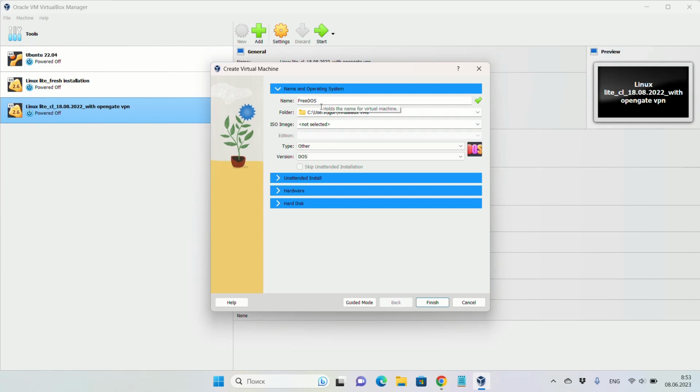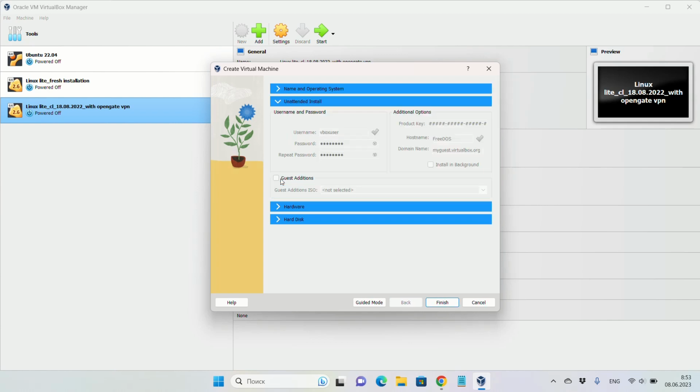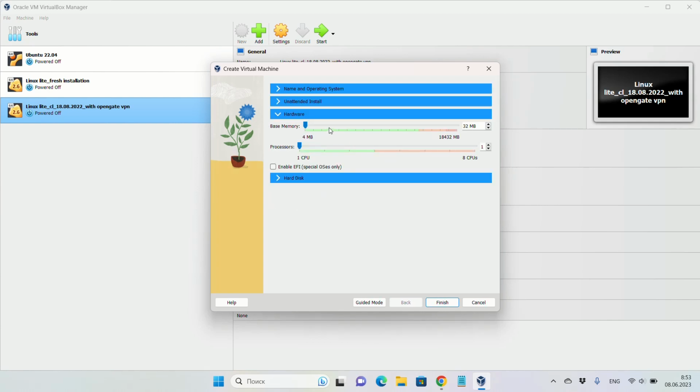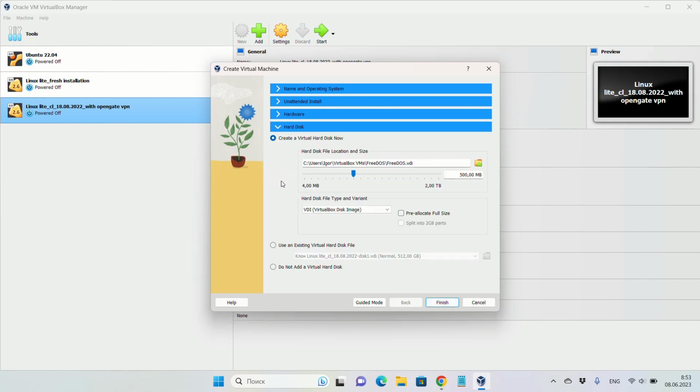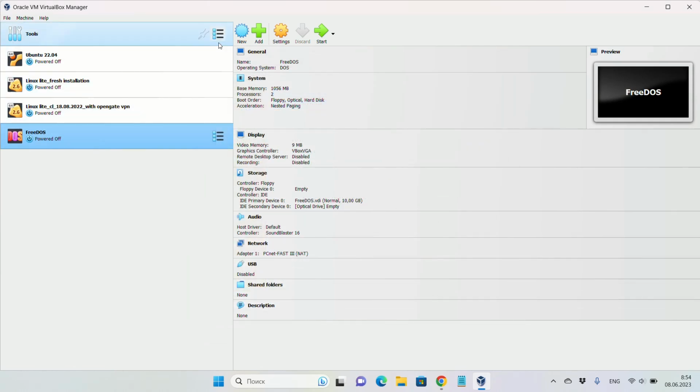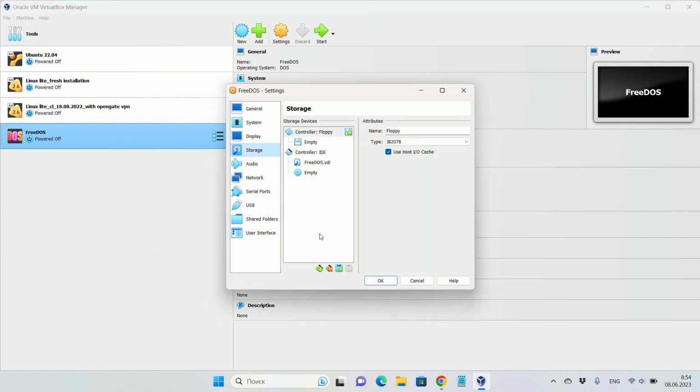I'll call it FreeDOS. Now you will need to add the media downloaded from the official site.